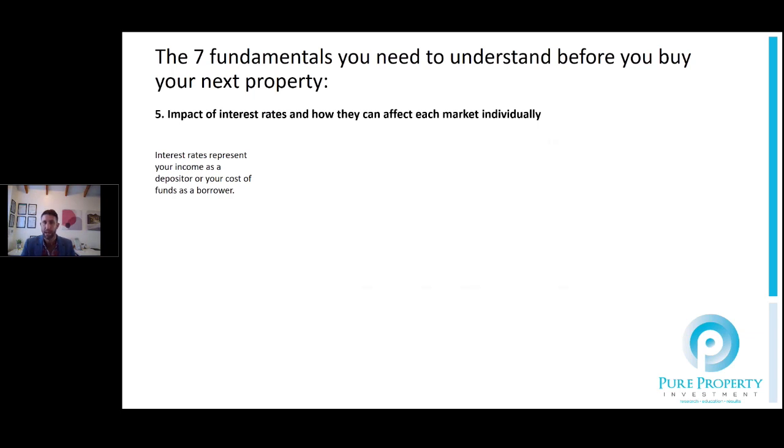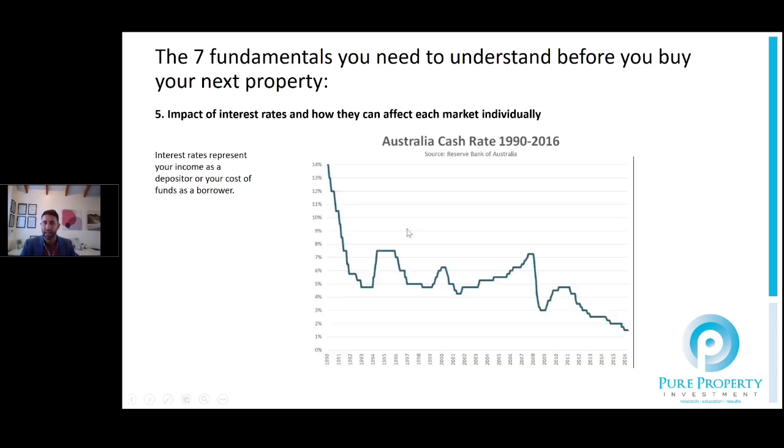Now this is again about a 25-year cash rate graph, which talks specifically about the price of money. If we overlay that with how the growth of certain markets has plateaued, grown, reduced or potentially fallen, it in some way, shape or form will correlate to the cash rate. The cash rate obviously affects what you're going to be paying in interest as an investor if you're accessing credit to buy that property, both as an owner-occupier and as an investor.